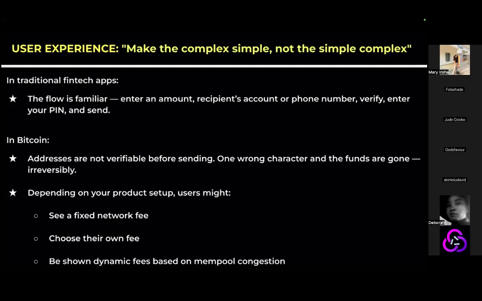It's like 25, depending on the type of address, 25 to 62 characters. It's not just numbers. It's actually very long. And then if you just miss one of it, the funds will get sent to someone else. And Bitcoin transactions are irreversible. So you have to think about that.